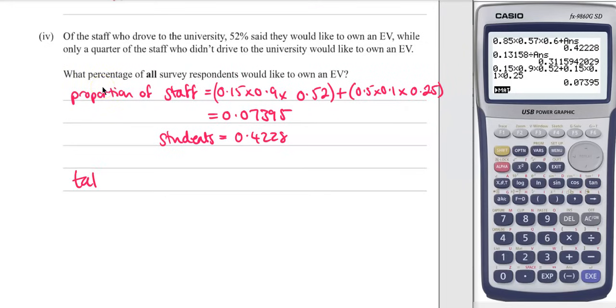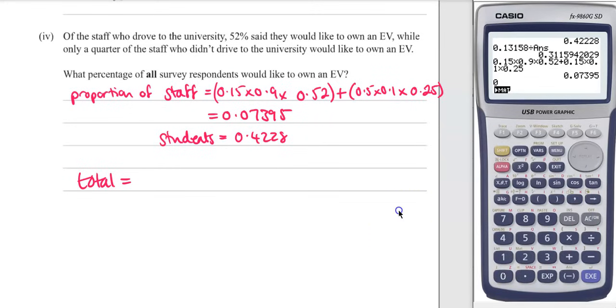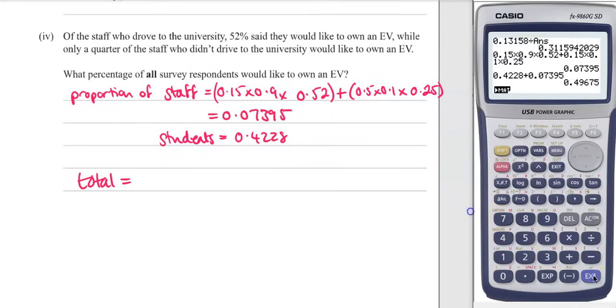So if we add them up, we've got 0.49675, and the question asks for percentage. So we need to just turn that quickly into a percentage, 49.9%. Oh wait, rounded wrong,